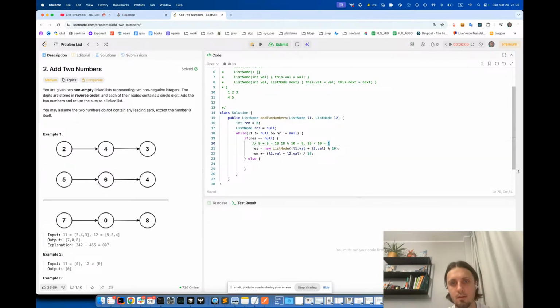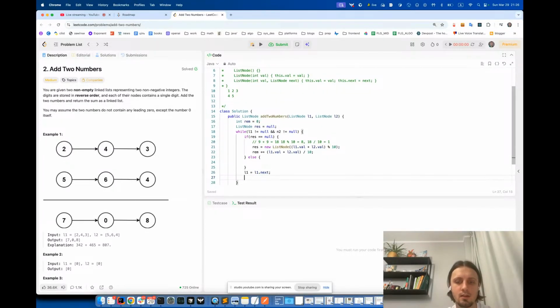So 1 would be something that we are moving forward. And then, of course, after these two things, we should do L1 equal to L1 next, and L2 equal to L2 next. Else,